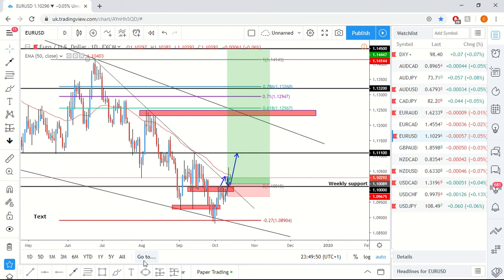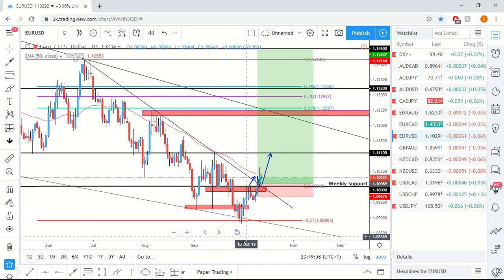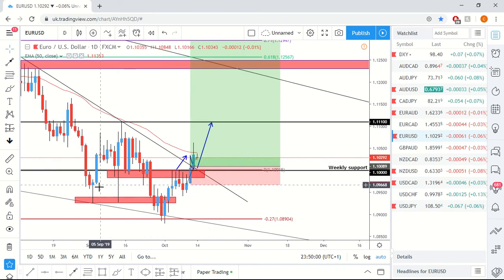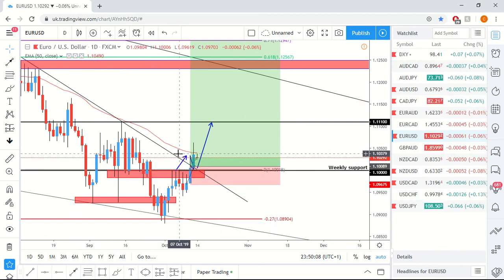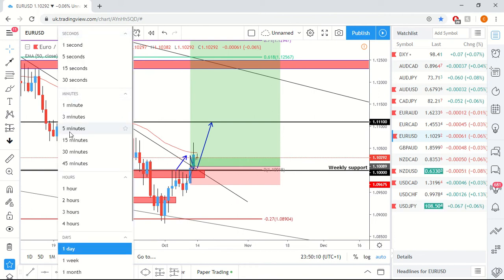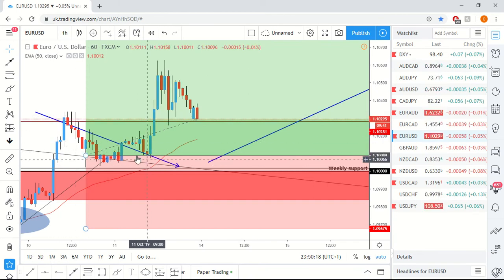So what we can see here, we had this long-term trend line, and what I was anticipating on Friday, and why I was really keen to watch this trade, was because I was looking for this breakout. Obviously you can see here we've had this series of wicks to the downside. We made this move lower to the minus 0.27 fib, and now we broke this trend line. And now if we move down to the 1 hour, we can actually see where we entered. So we had this breakout, then I was looking for the retest. We got the retest here.